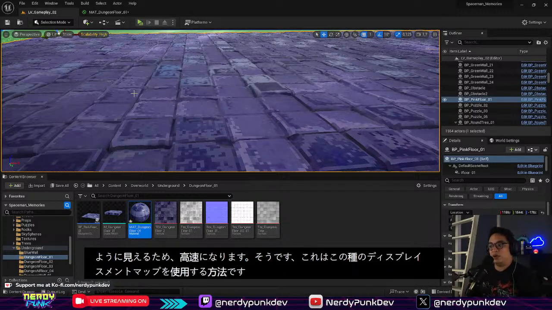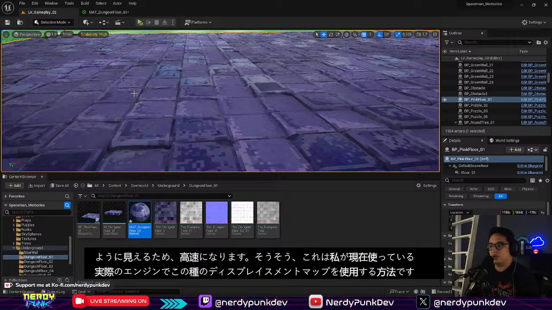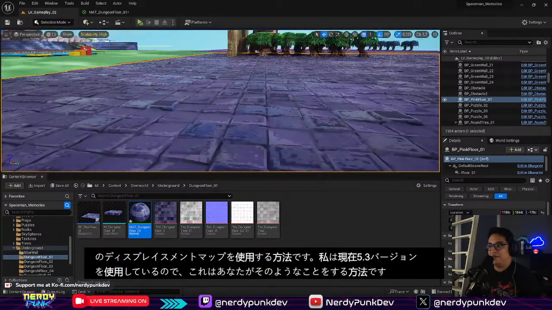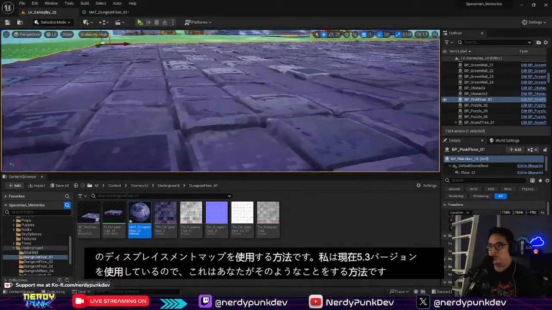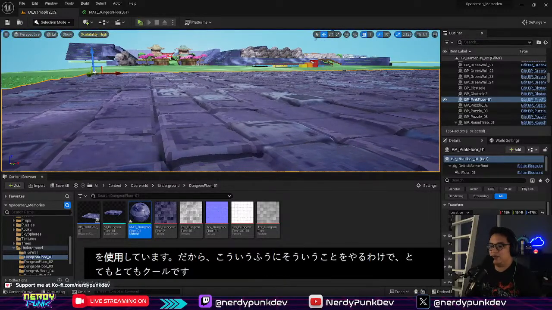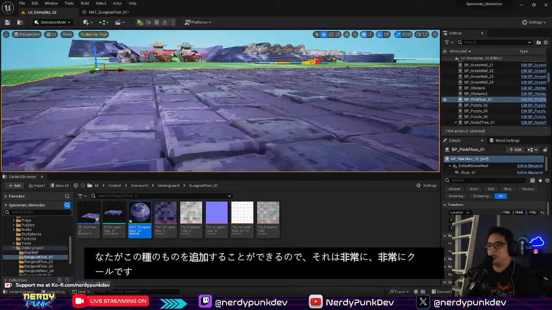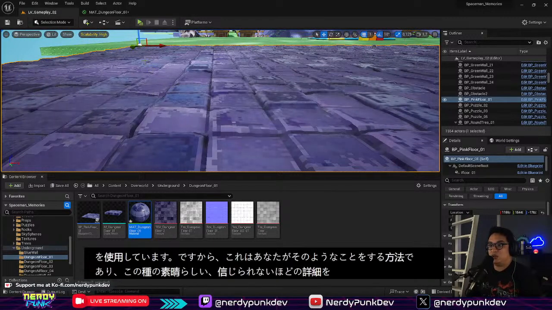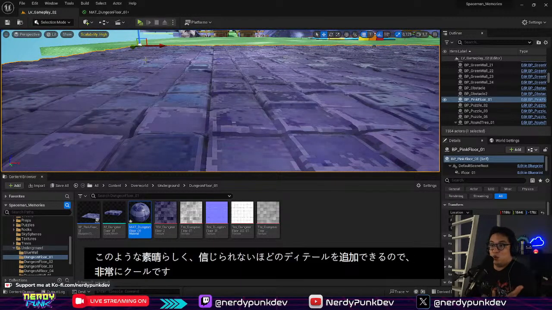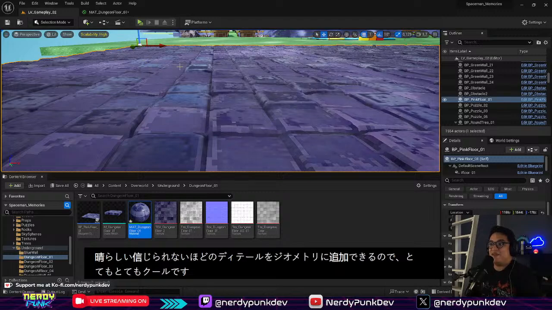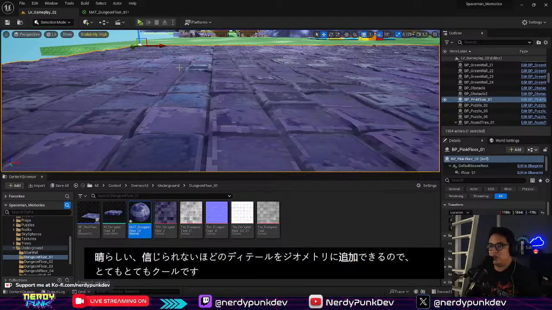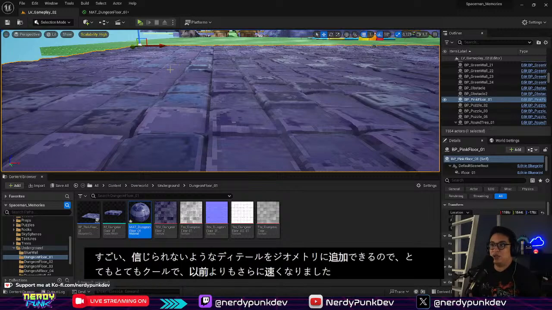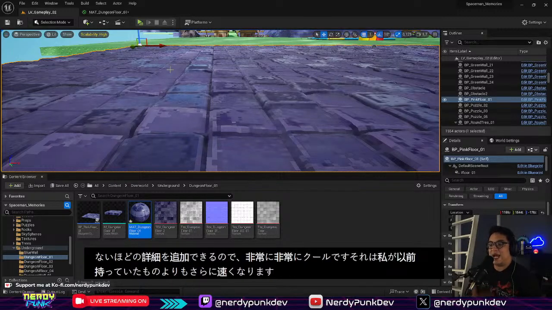I'm currently on the 5.3 version, so this is how you do that kind of stuff, which is very cool, as you can add this kind of awesome, incredible details to the geometry without, well, it's even faster than what I had before, it seems, because I'm using this thing called Nanite